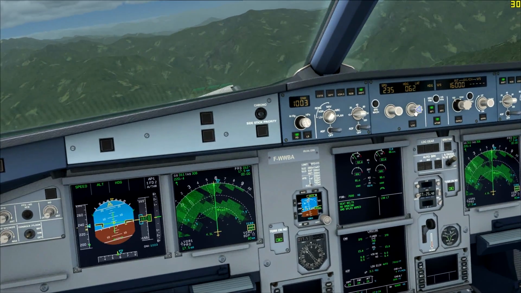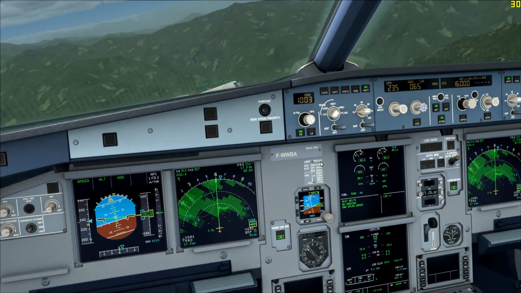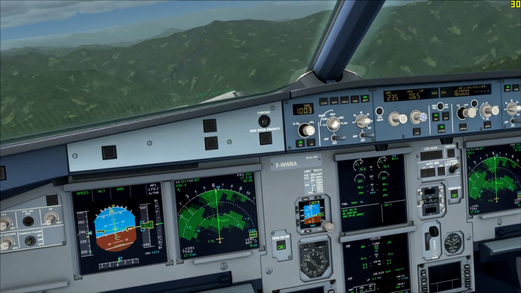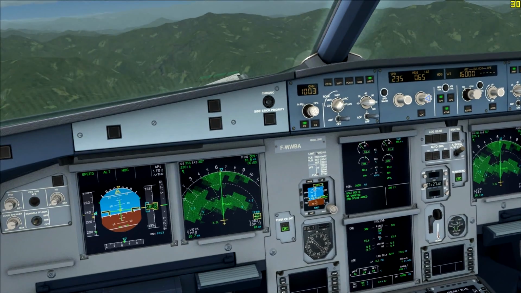But anyway, it doesn't matter. We need to get to TACTI, that's the main thing. And then once we get to TACTI, overfly TACTI, then we can make the turn and follow the chart. So TACTI at 16,000 feet. We're on the local QNH. So the transition altitude here is